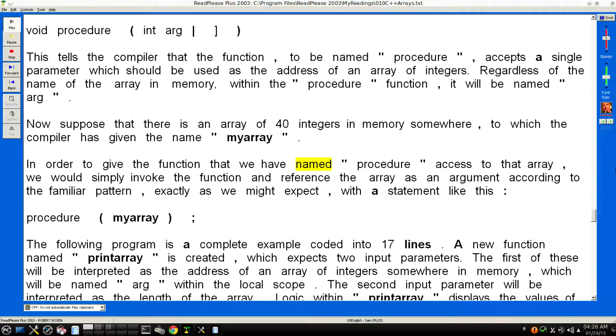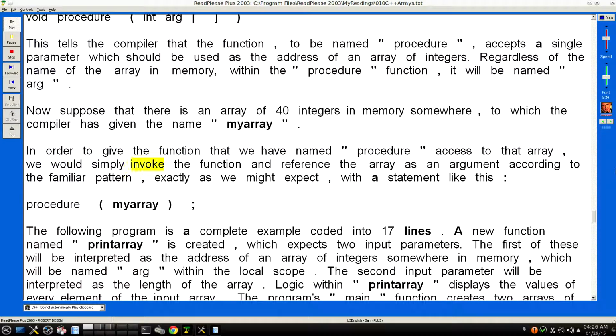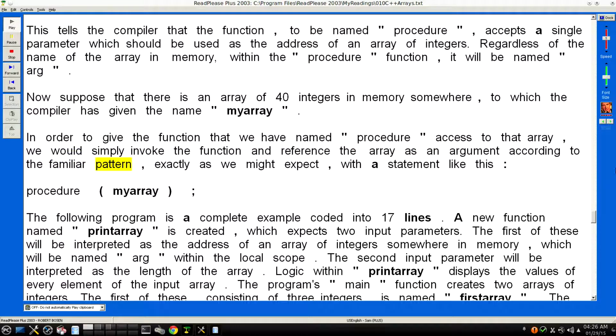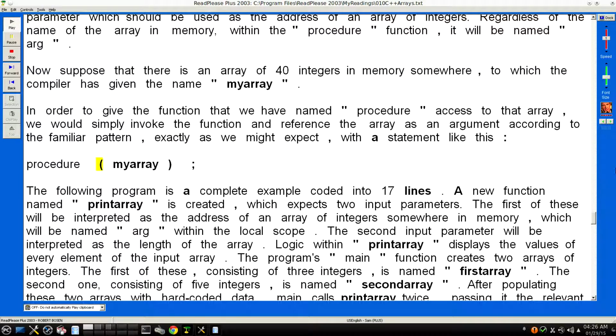In order to give the function that we have named "procedure" access to that array, we would simply invoke the function and reference the array as an argument according to the familiar pattern, exactly as we might expect, with a statement like this: procedure(myArray);